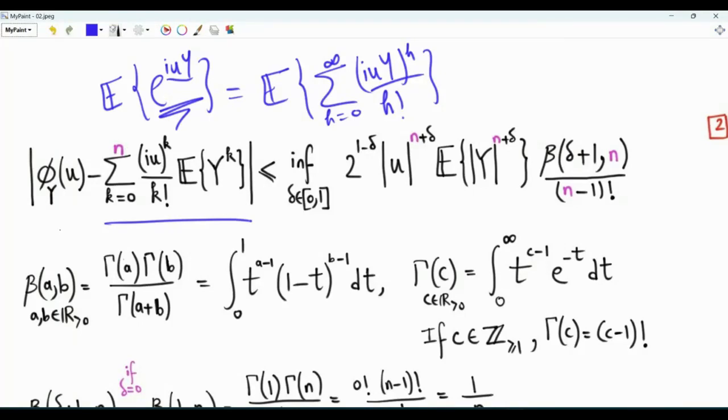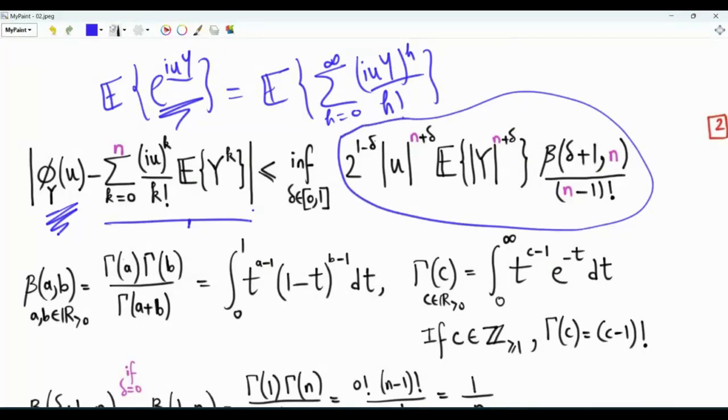And we are interested in upper bounding the difference between the characteristic function and this summation with n plus 1 terms. So this magnitude of the difference is upper bounded by this quantity here, which has the parameter delta. And for every delta between 0 and 1, this is a valid upper bound. And so if we want the least upper bound, then we can take the infimum of this function here over delta from 0 to 1. Note that the upper bound includes the absolute moment of random variable y of order n plus delta. And here we have the beta function, beta of delta plus 1, comma n,